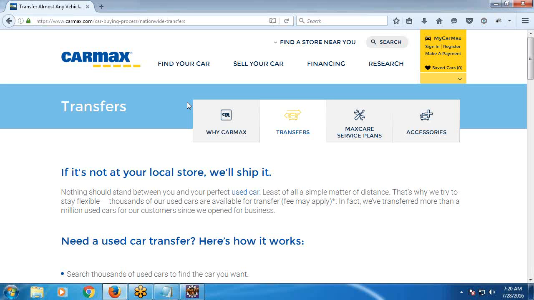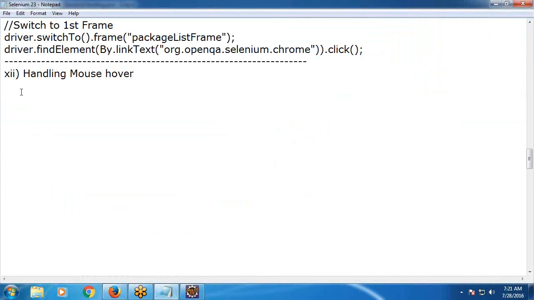In some web pages, first you need to switch to that menu, then operate. I will show the complex way. If in your web application it operates directly, you can use direct operation; otherwise, you can use this syntax. Did you understand my requirement? Click on